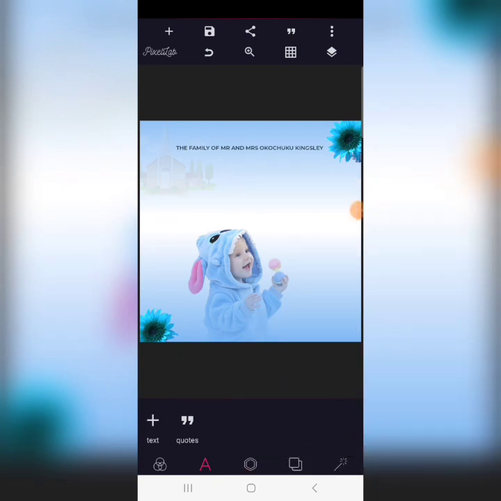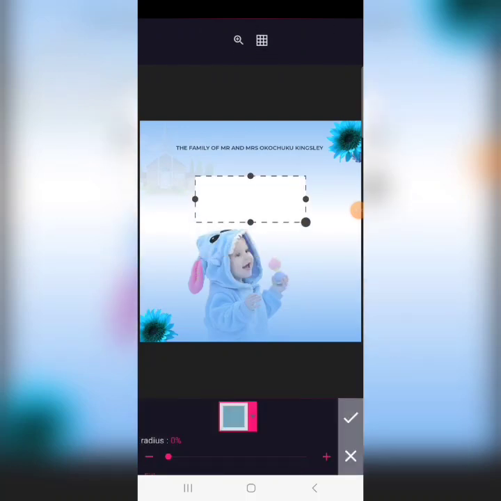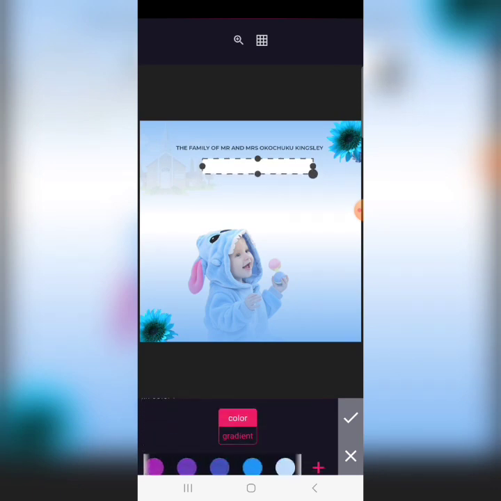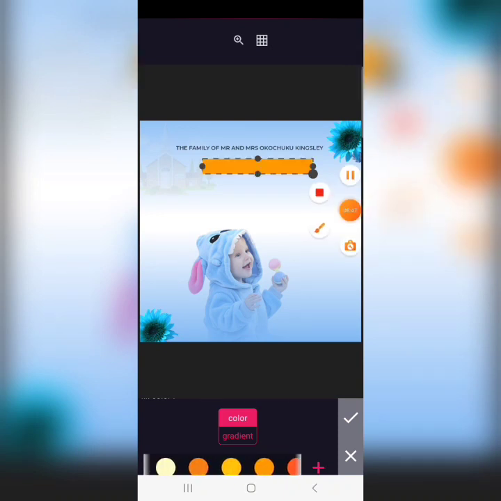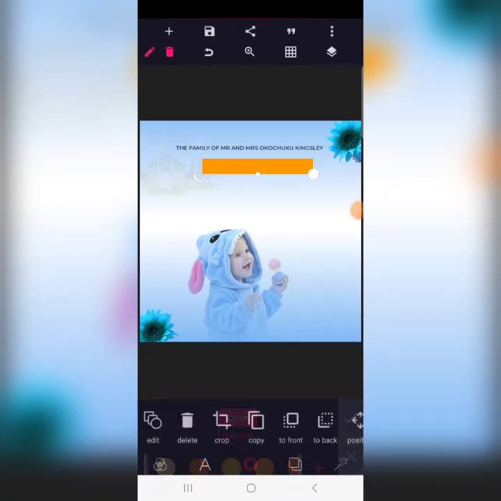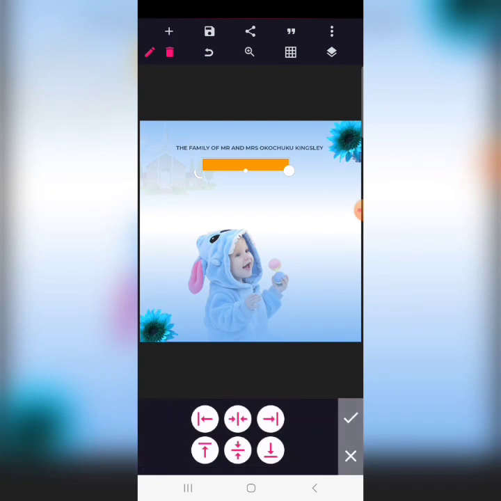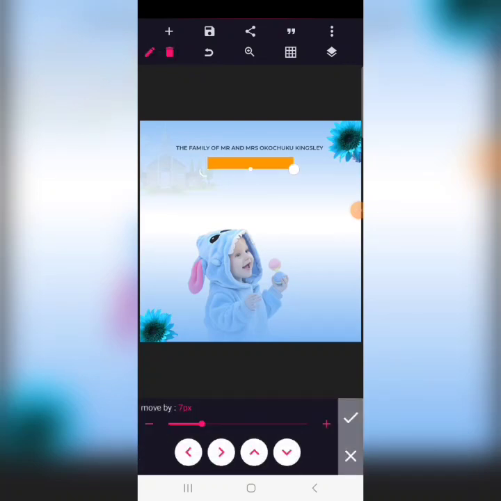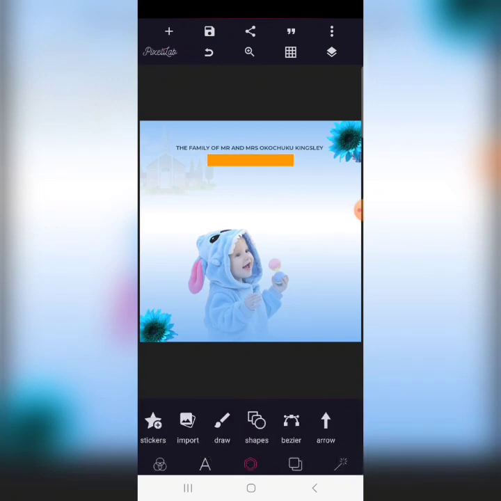Then go to shapes. I want you to click on shapes, choose this square, make it a rectangle to look this way. Then come to color. I want to give it an orange color, so just give it this orange color, because blue and orange are actually a good pair. So we can reduce the size of this a little. Then use your relative position, tap it to be on the middle. Good. So let's send this up a little,